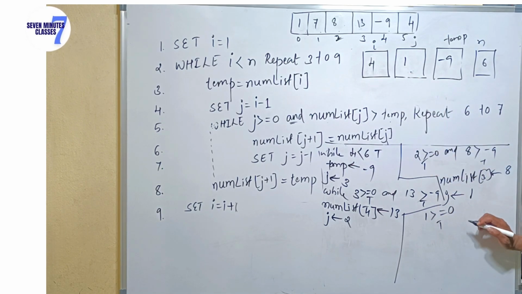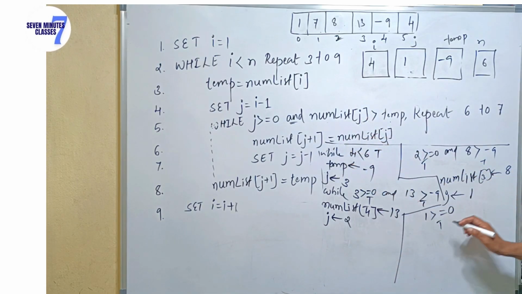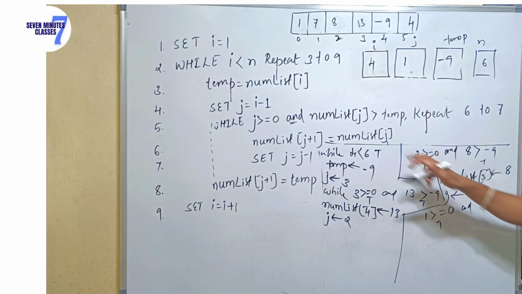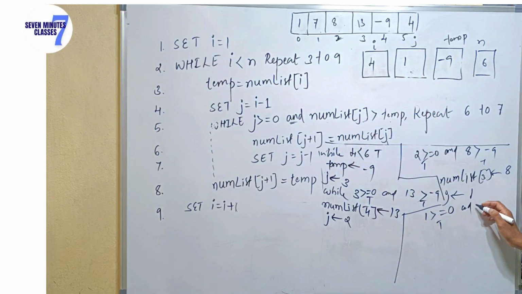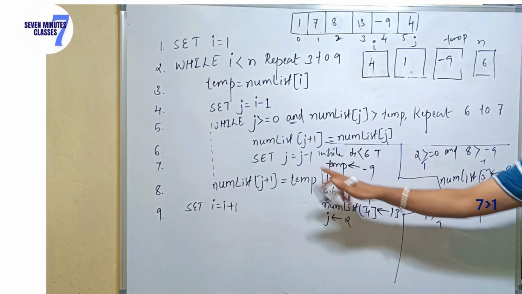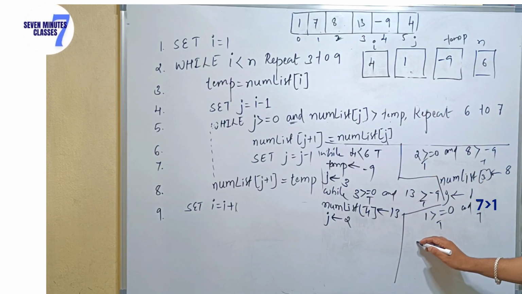Yes, it is true. Then num list of i, I write, and num list of j. What is the value of j? 1. And num list of 1, that is 7. It is also true. Again come back to this. Num list of j plus 1. What is num list of j plus 1? j was 1. Num list of,